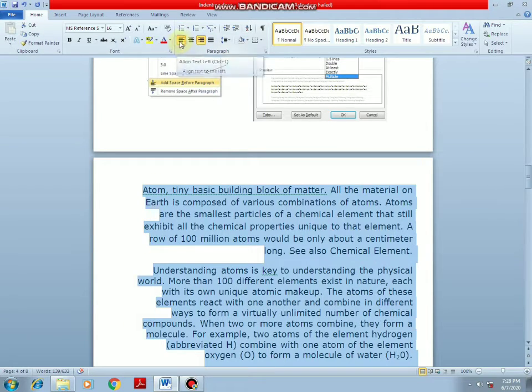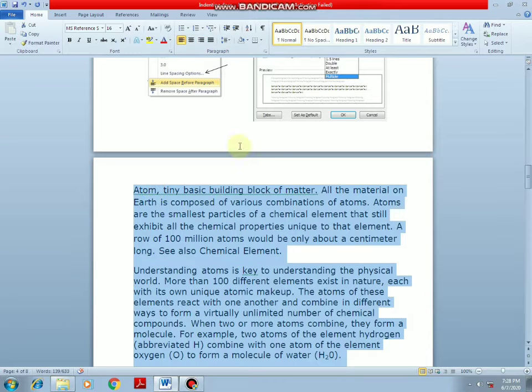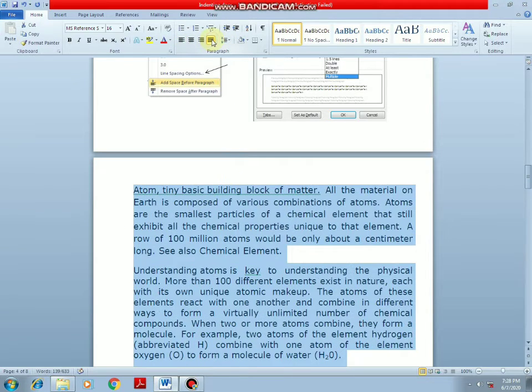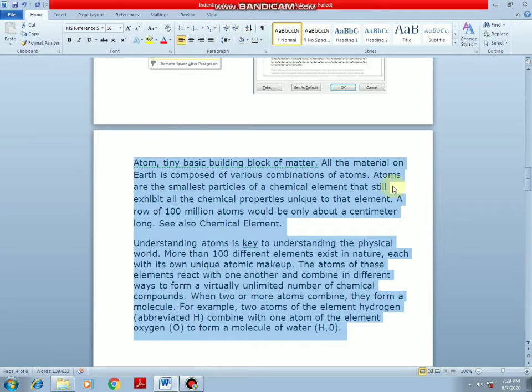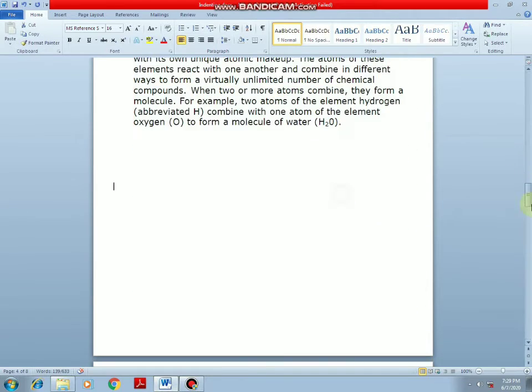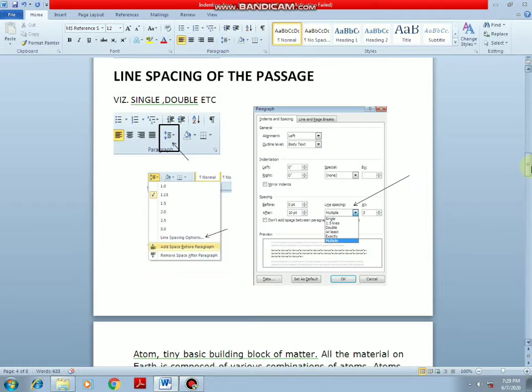If we select the left side, align text left, then the whole text is from the left side. If it's justification, then select justify. The space between all the words is the same, and all the elements run from left to right equally. There is an equal line from the left side and the right side. If we select the left, the words run from up and down. There is a single line.